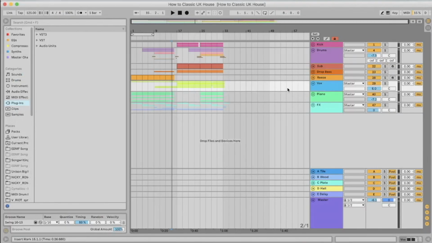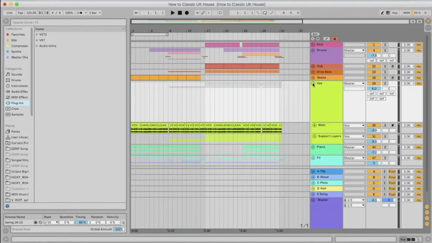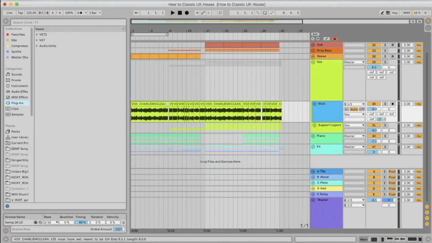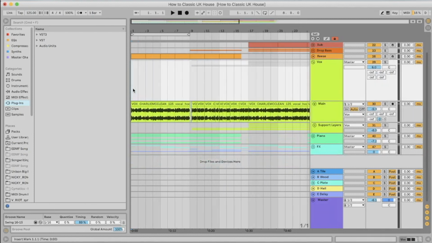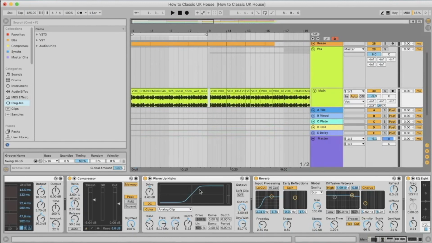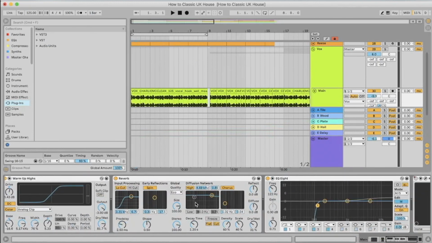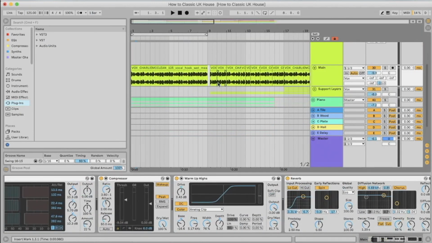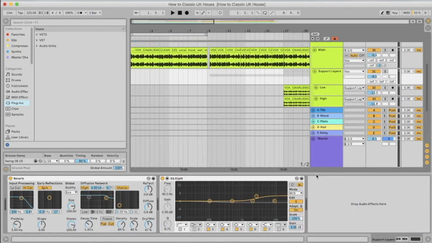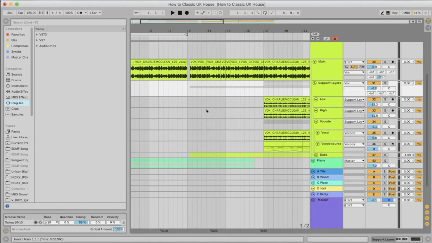For the vocal, this was actually a Splice vocal that came out just around when I was making this idea. A soulful vocal that I really thought worked well. Basically just one layer to start with, processing with some compression and a little bit of saturation, and the way that I built the vocal up is with some dub layers panned to the left and right in the build,